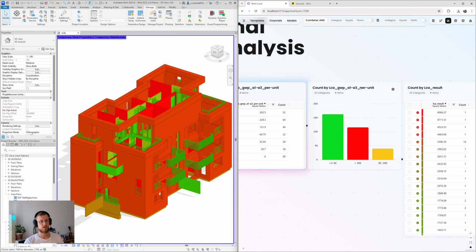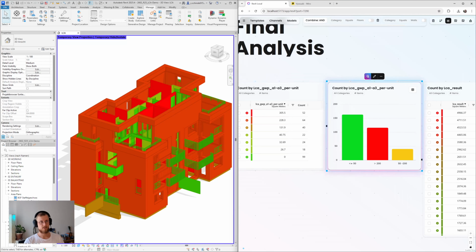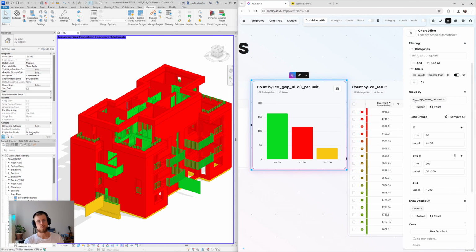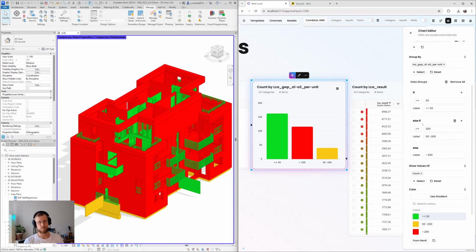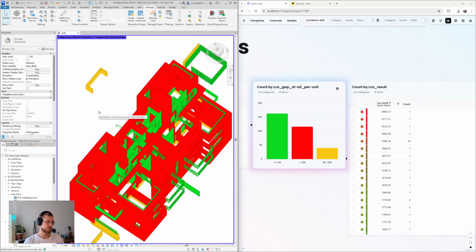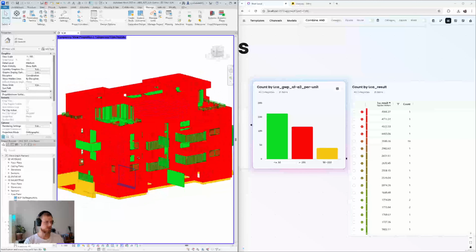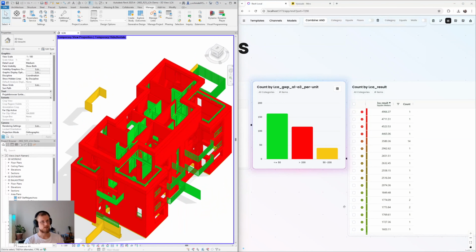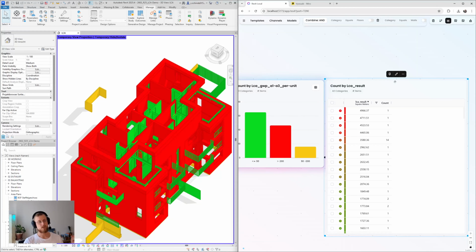And then this one here is giving us buckets of data. So we are again using the per unit measurement, and then we're just making buckets. So below 50, between 50 and 200, and above 200. And I think this is a pretty meaningful visualization where you can really see, okay, what are the bad boys, the main drivers of your emissions in this model. And what we can do is we can go down to the level of the individual element,